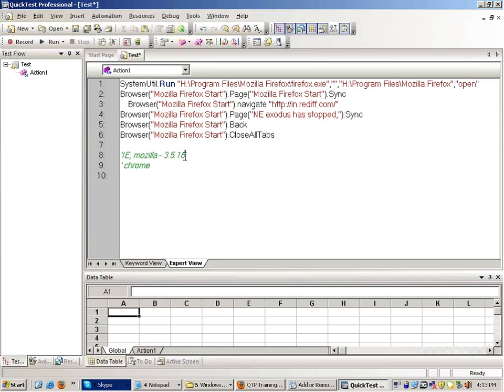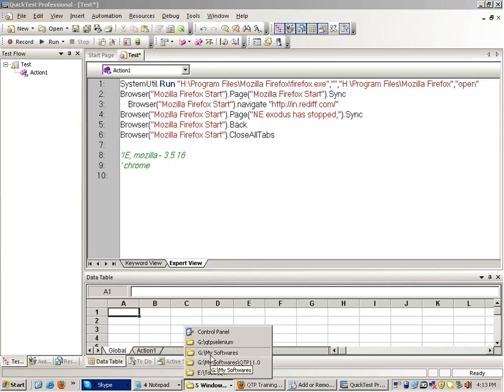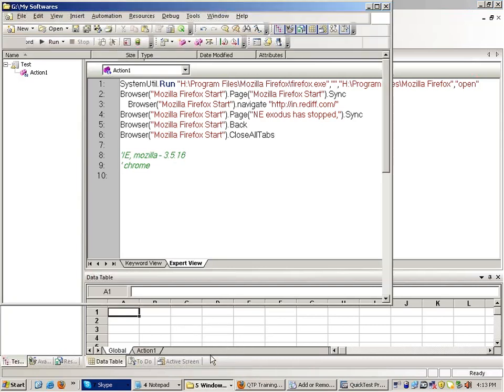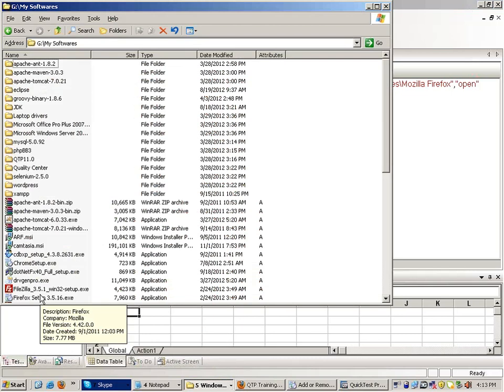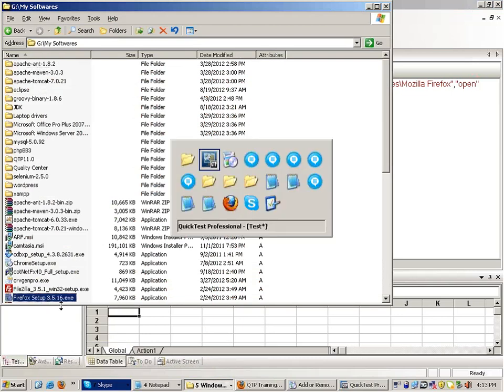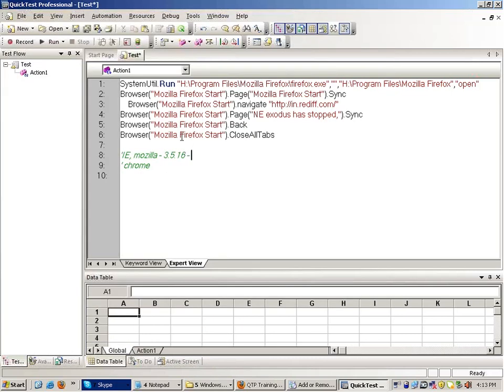I'll just confirm it again. Yeah, 3.5.16. In the last one to two years, a lot of new versions of Mozilla have come up, but QTP supports the older one, that is 3.5.16.